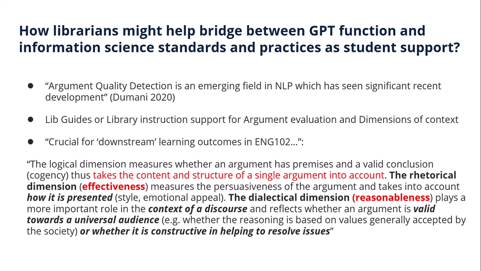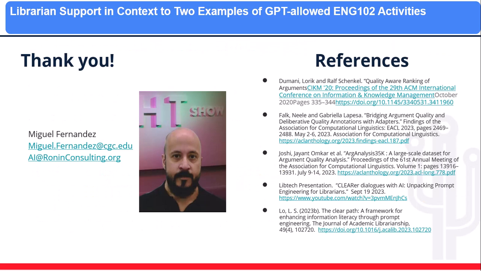So just a brief list of examples. Here's some great references to start, ranging from the ideas of where GPT will be, which is as an argument and counter search engine, as well as some of the considerations for creating better lists of arguments, creating deeper understanding and critical examination of arguments, as well as the last one, which is a framework developed in association in the Journal of Academic Librarianship that has to do with that.